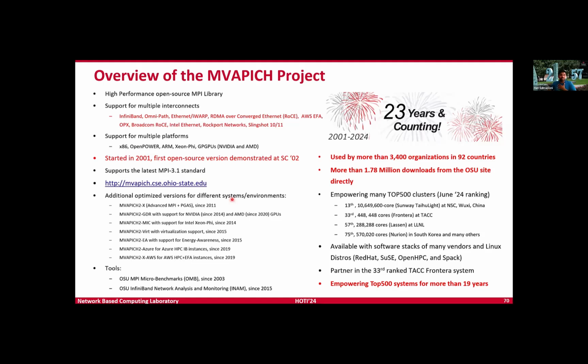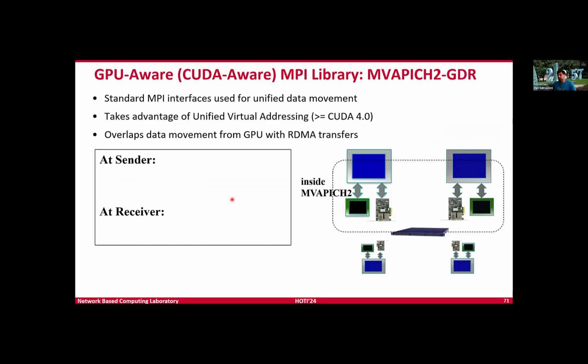In our laboratory, we developed the MVAPICH project, which has been running for over 20 years now, and it powers a lot of supercomputing systems out there. Back in 2011, we were the first group to pioneer the concept of what is called a CUDA-aware communication runtime. Nowadays, the concept of CUDA awareness is very common with a lot of vendor-provided stacks. But back in 2011, no communication runtime knew how to handle GPU buffers directly. The modus operandi at that point in time was to stage the data to the CPU and then give the staged CPU buffer to the communication runtime.